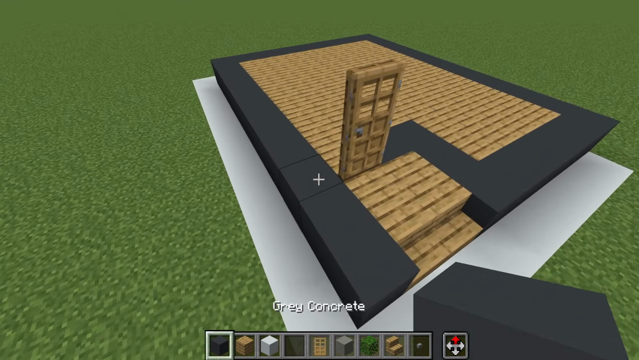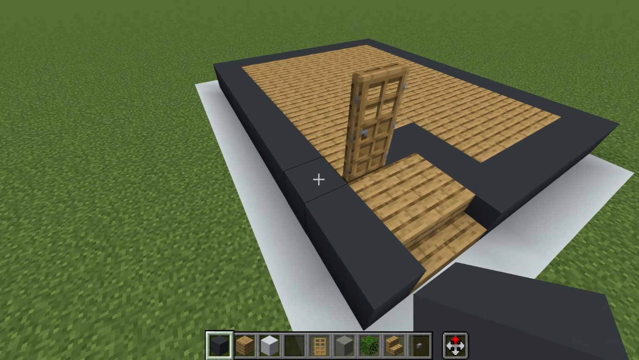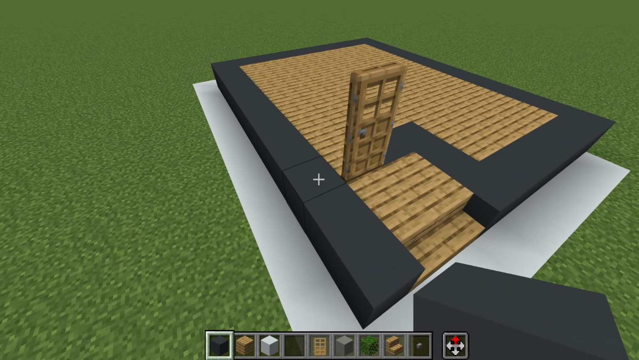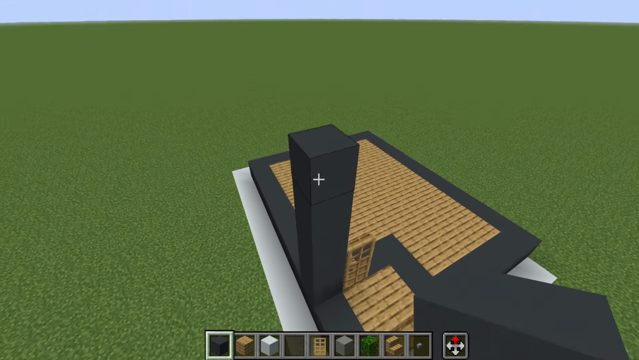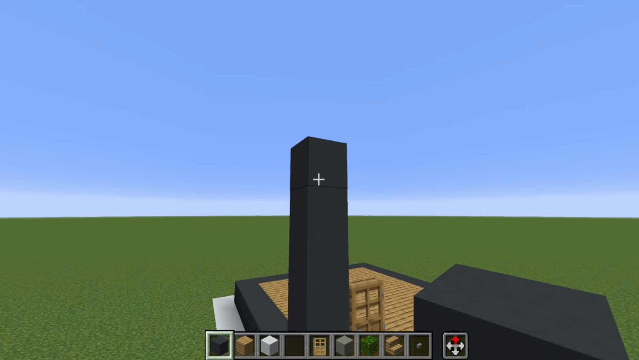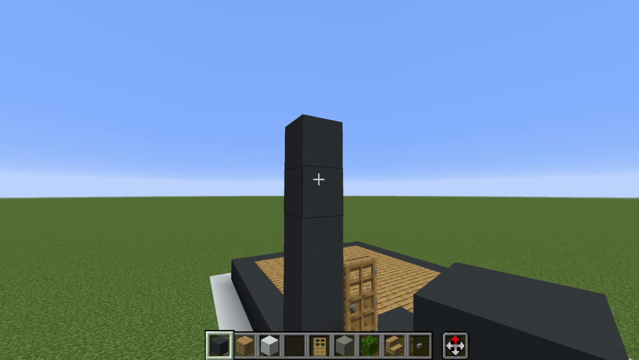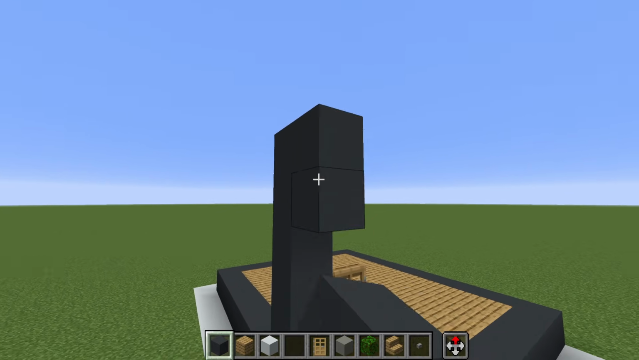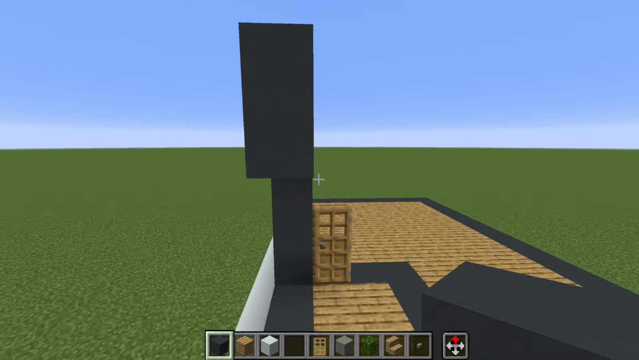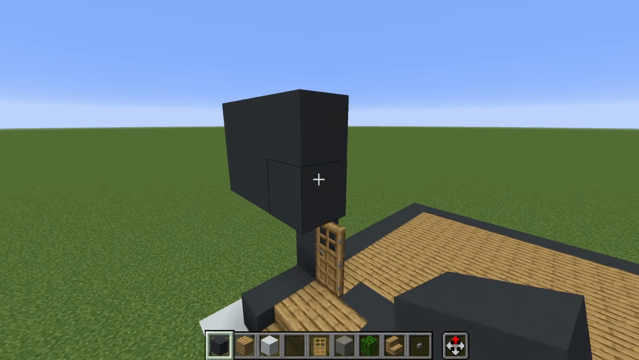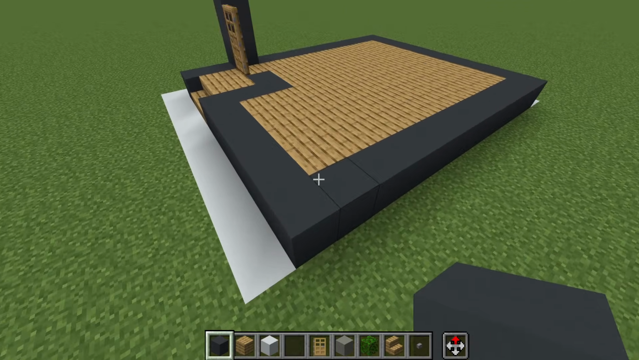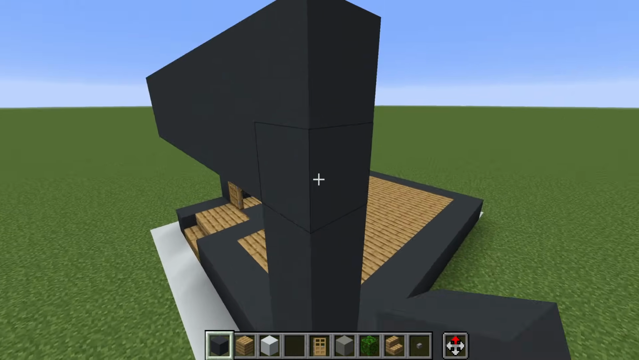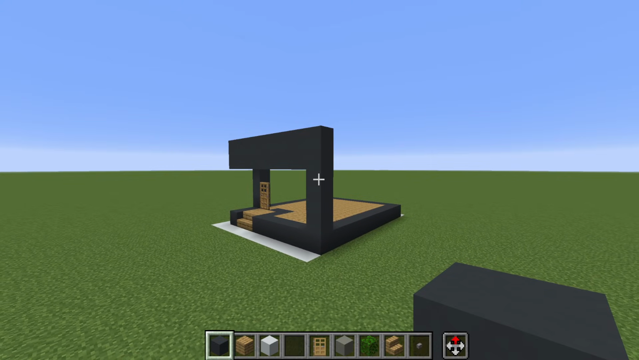We then want to place a row of 5 grey concrete extending up left of the door, 1, 2, 3, 4, 5, and then we will extend these 2 blocks forwards by 2, 1, 2. We will then extend them to the right,